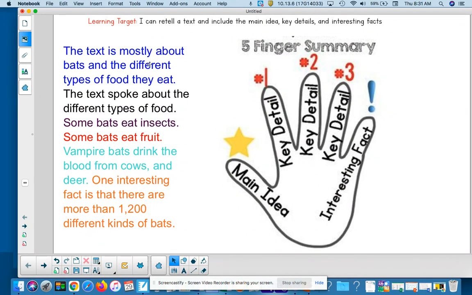I didn't know that. So in my retell, I have the text is mostly about bats and the different types of food they eat. The text spoke about the different types of foods. Now I'm introducing my first key detail. Some bats eat insects. My second key detail. Some bats eat fruit. My third key detail. Vampire bats drink the blood from cows and deer. Now I have lastly my interesting fact. One interesting fact is that there are more than 1,200